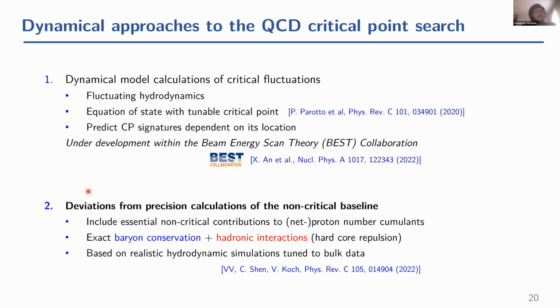If we don't go to very low energies, we cannot really say anything about very low energies. But if we look at beam energies, the scan energies, we assume there is a crossover, and then we look if the data are consistent with this assumption or not. Basically, this is the strategy. It does mean that we have to include essential non-critical contributions to proton number cumulants. What this means is that even if we are in the non-critical regime, that does not mean that the production of protons is uncorrelated. There are non-critical sources of proton correlations.